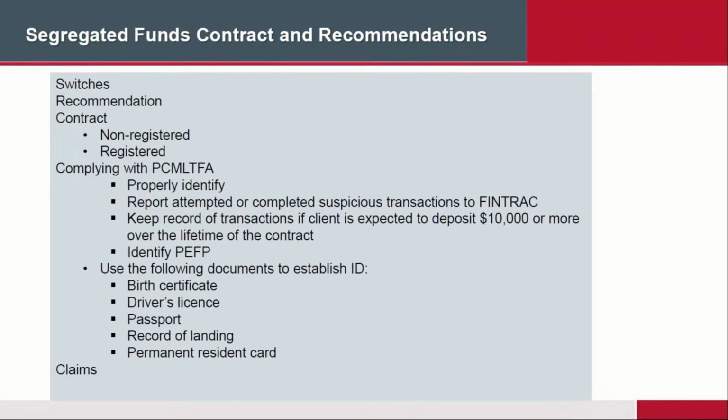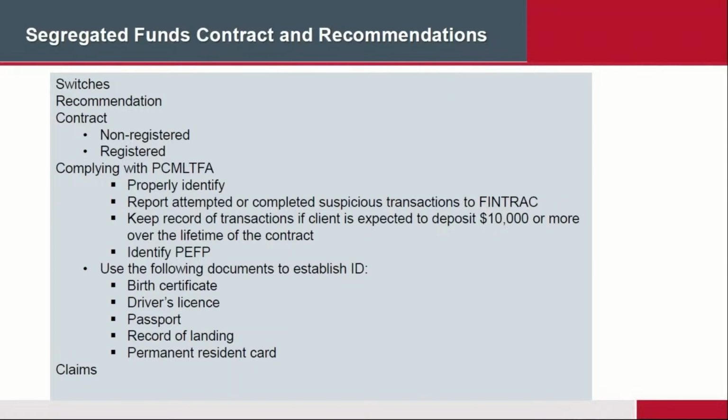How do we get the identity? So the following documents are used to establish the identity. A birth certificate. Now remember, in all these documents, it has to be the original. You can make a copy of it because you will verify or testify that you saw the original, okay? So an original birth certificate, an original driver's license, passport, record of landing, permanent residence card. These are all original documents that are issued, of course, by government institutions to verify that this individual is a legitimate person, okay?